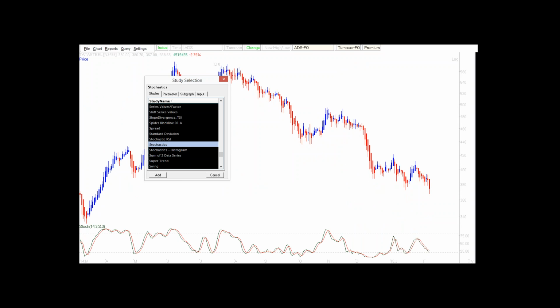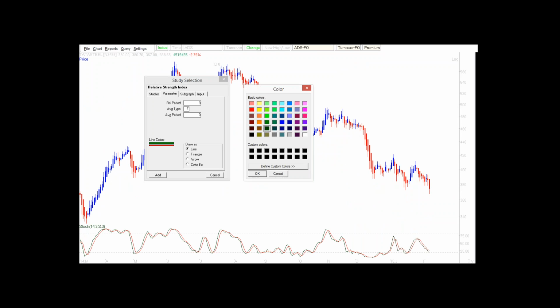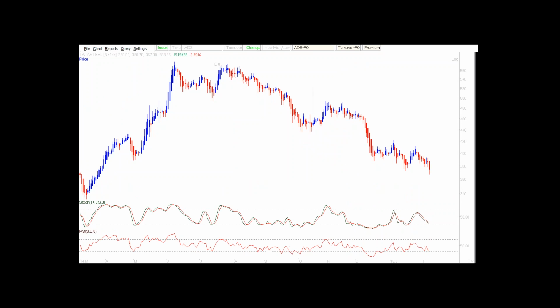Also for Paramjit, who had asked me a question on relative strength index, let me plot the relative strength index and let's take the time frame down a bit. Let's say 8 relative strength index, and let's have both my indicators. In this case, you will see whether you have any kind of positive divergence or negative divergence with the stochastic indicator or not.